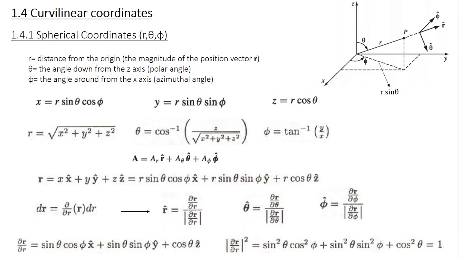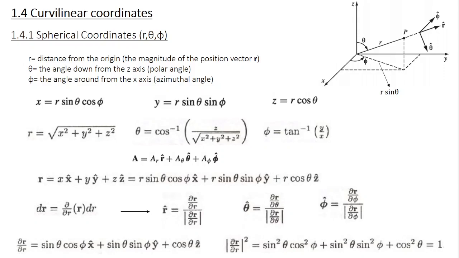Next is curvilinear coordinates. When I discussed the coordinate system, the fundamental problem in electrodynamics or electromagnetism is that somewhere in space you have some charge or current configuration and you need to find out the field or the potential associated with it. The first step is to identify the location of the charge. So for that you need a coordinate system. Depending on the symmetry, you have different choices available.